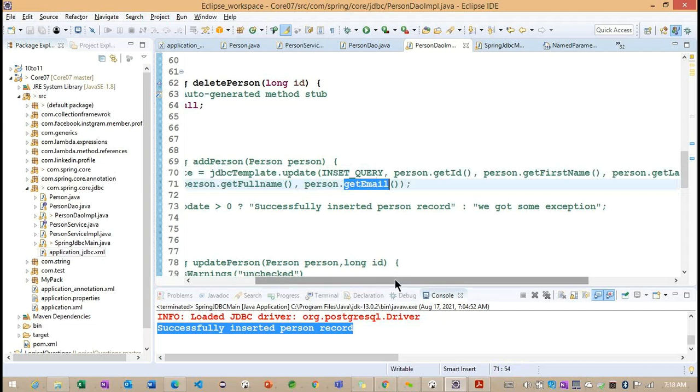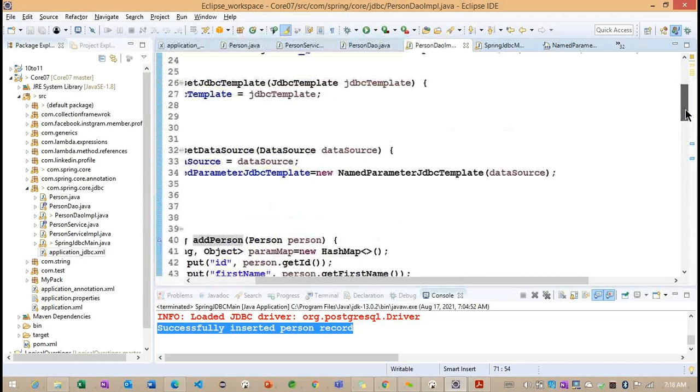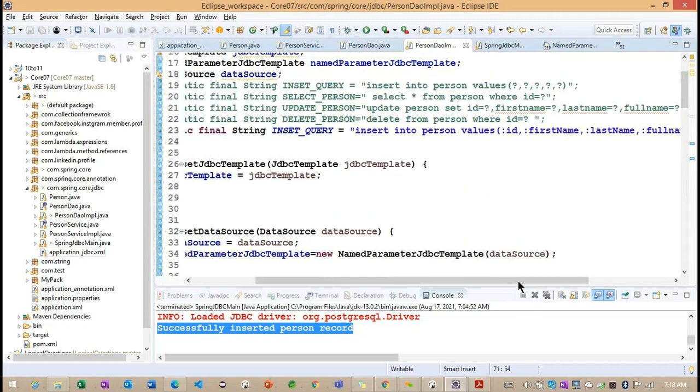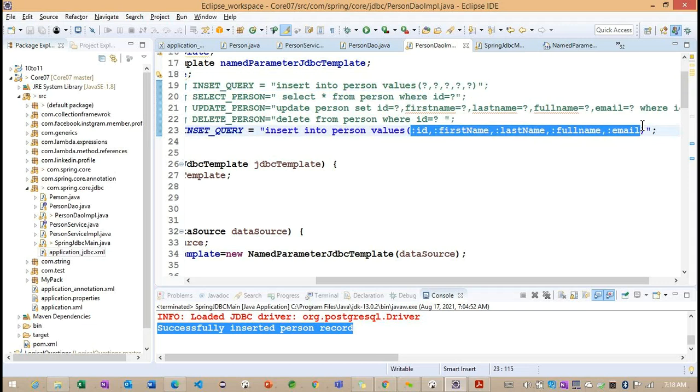We just need to understand the difference between JDBC template and named parameter JDBC template. Inside this particular named parameter JDBC template, we have such information. Instead of working on the question marks, we can go for each column with the properties, ID, name, something.